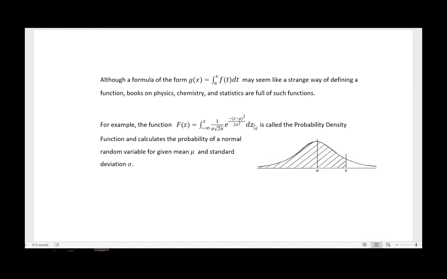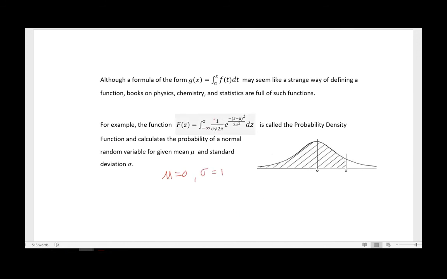Now, just to make things a little simpler for us mentally here, let's say I were to choose the mu, which represents the mean of my random variable, and sigma represents the standard deviation of my random variable. If I plug in a mu of 0, and I plug in a standard deviation of 1,